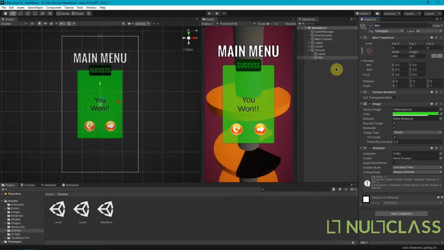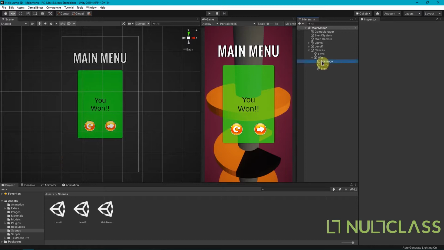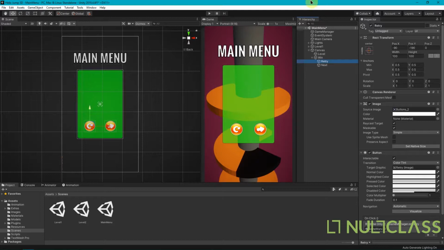And now we don't need a header in this one, so let's delete that. We also don't need the message and the retry. Let's make both of these 0, and the position also let's give 0 for now. I'm going to select the retry. I'm going to rename it, which is going to be play, and the play, let's just take it a bit higher, and the next is going to be quit actually, so let's rename it to quit,